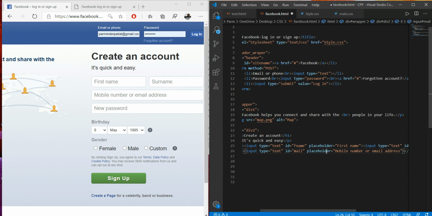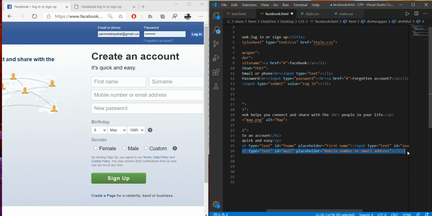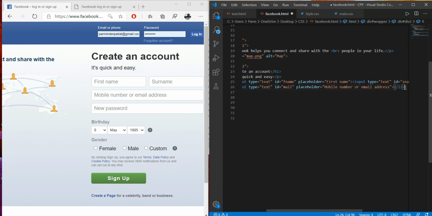So copy this line and paste this. Now we need to have this, so here type I have to select as password, and I'm giving it id as password, and here we have to give value as new password.